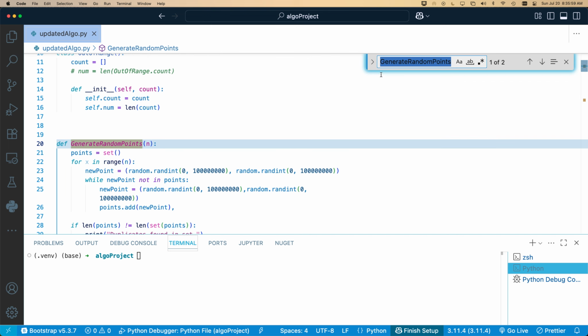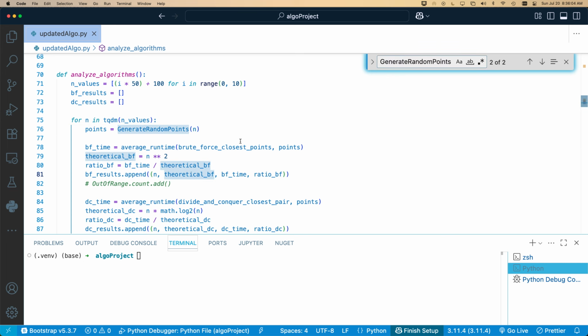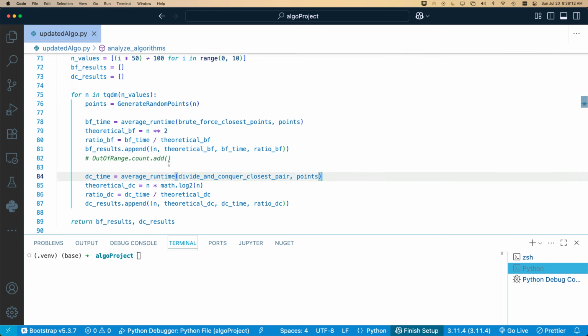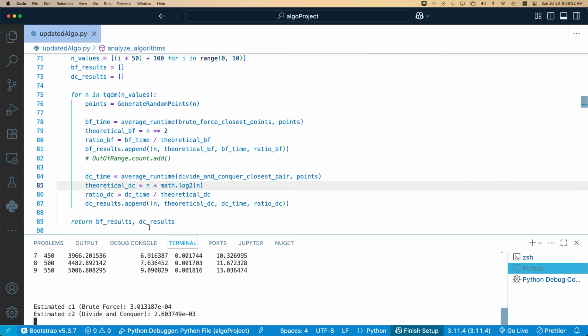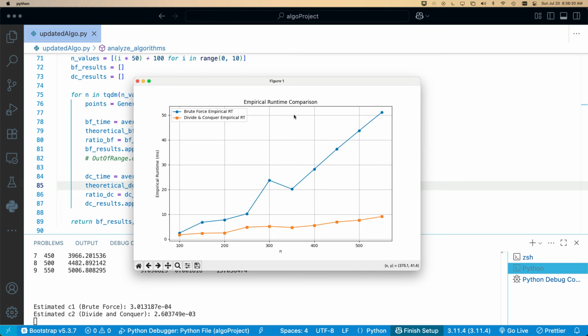called inside of this for loop where we are running our brute force closest point and divide and conquer. Go ahead and run this really quick. And it will output our empirical runtime info for both the brute force and the divide and conquer. Divide and conquer obviously showing much faster compile time,